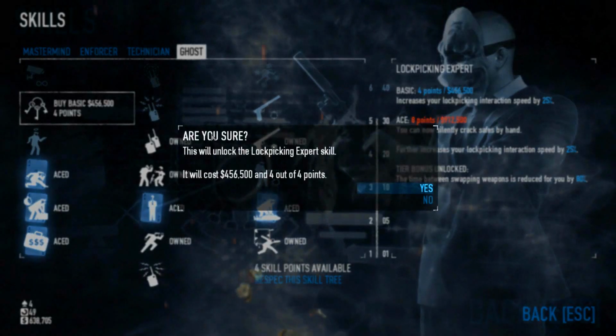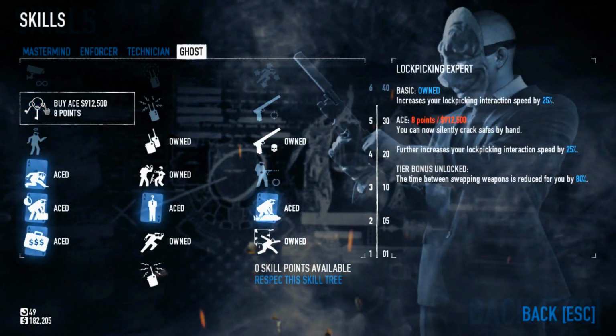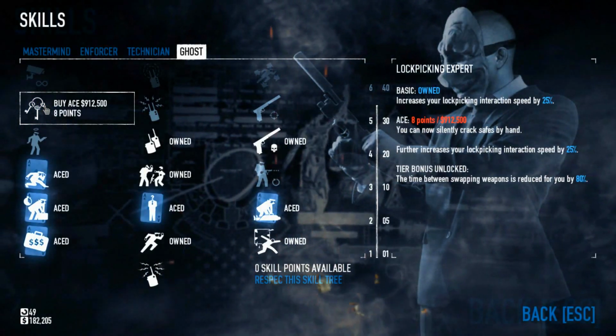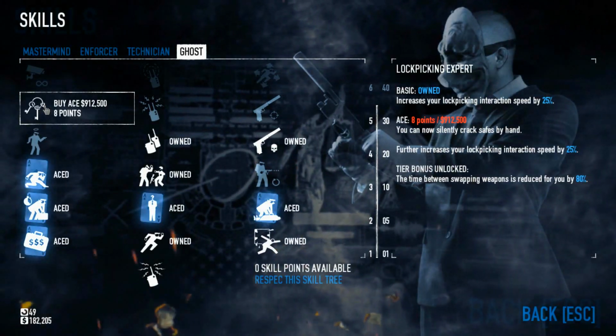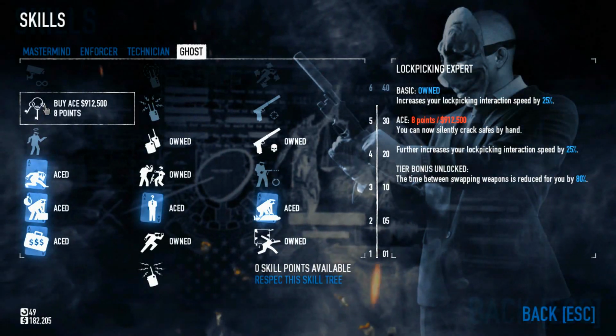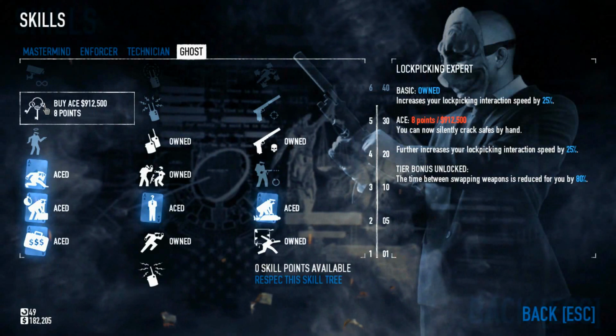So basically, I'm doing all this so I can get faster lock picking. I still need $912,000. I'm gonna have to get my friends back online here, and we're gonna have to grind out some big bank. That one has a lot of cash, but it takes a while, and it's a little bit hard to solo. So anyway, if you just want fast cash and you're just wanting to play solo stealth, this is the best